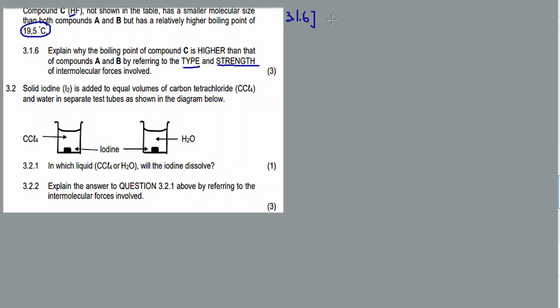So the reason why hydrogen fluoride has a higher boiling point is because compound C has hydrogen bonds, and A and B have